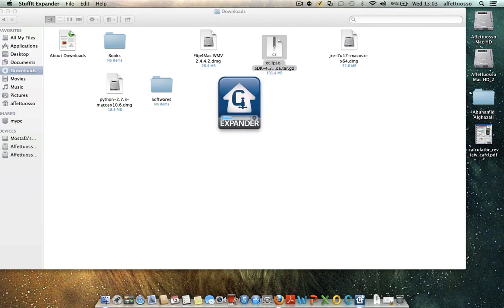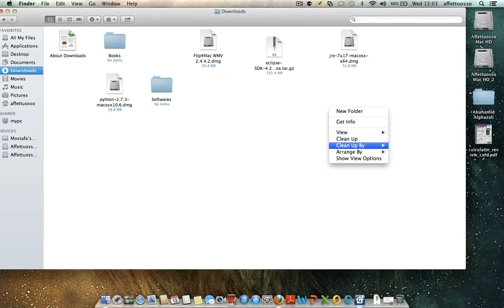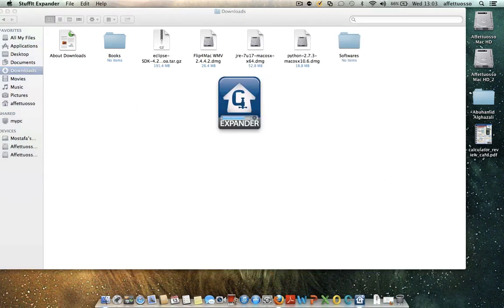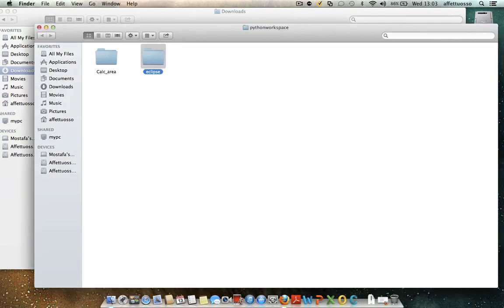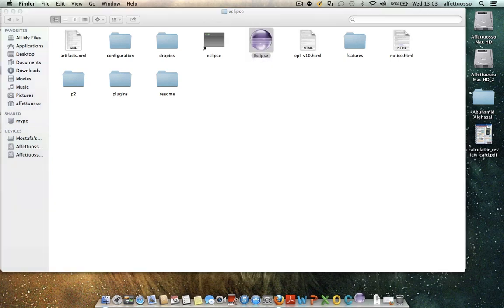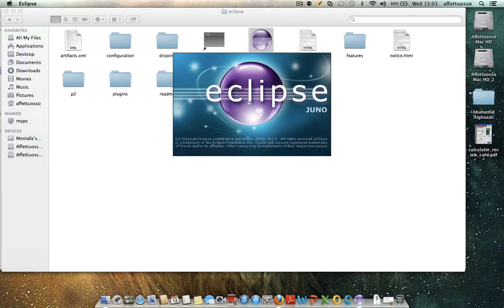It is expanding now. Perfect. There you go. Here's our Eclipse. And as you can see, Eclipse is what's called a portable software. I've actually used software to make portable software before on Windows, but I've never used it on Mac. And this is pretty much the same idea. So here's Eclipse. I hit it, and this is the first